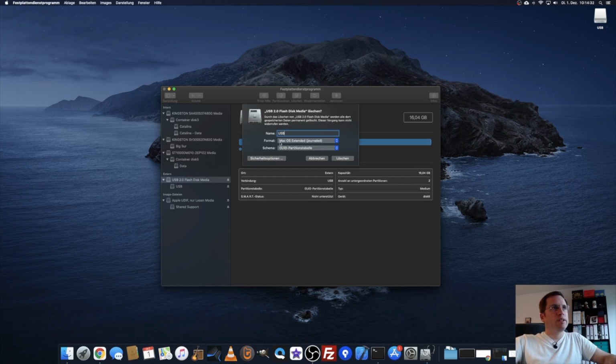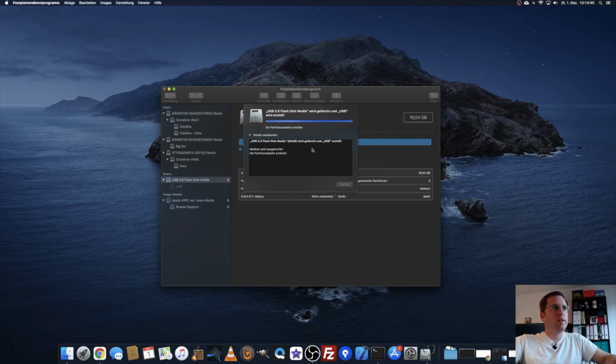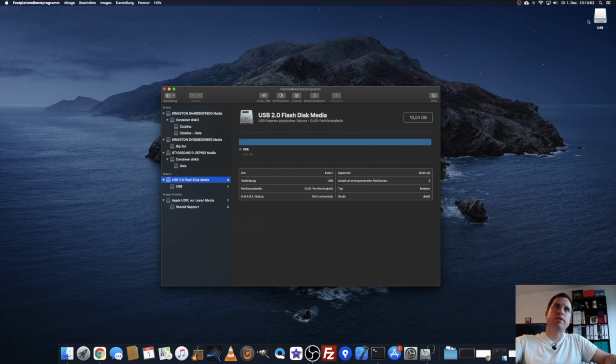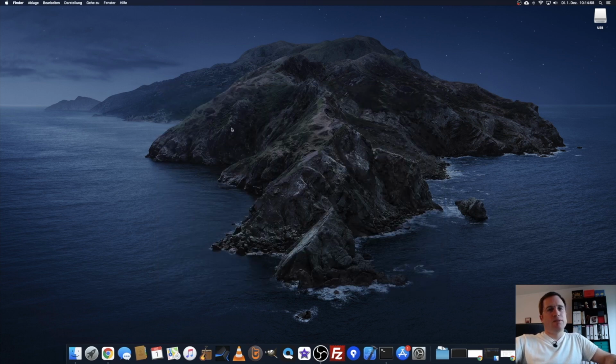We have to format it as macOS Extended (Journaled) with a GUID partition table. Erase. Then it starts formatting the USB drive, and it's done. Now it shows here in the corner as USB, and it's an empty USB drive with 16 gigabytes.